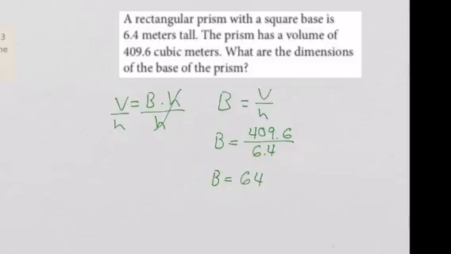Now, we know that the shape of the base is a square, and the way that we get a square area is we do side length times side length. So the opposite of that is the square root. So the square root of 64 is 8. So we know each side of this square base is 8 meters long. Why? Because 8 times 8